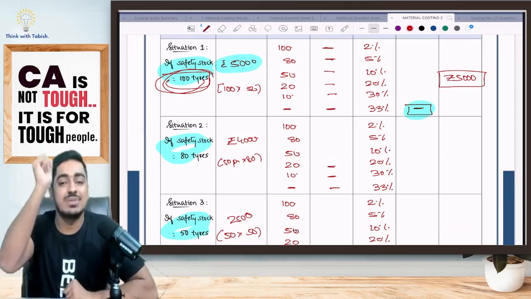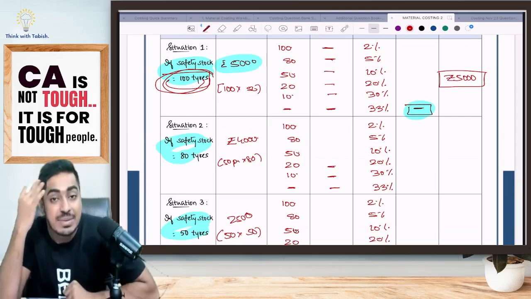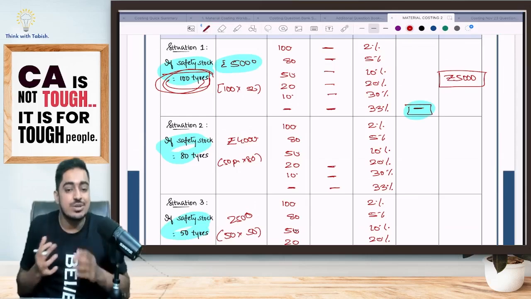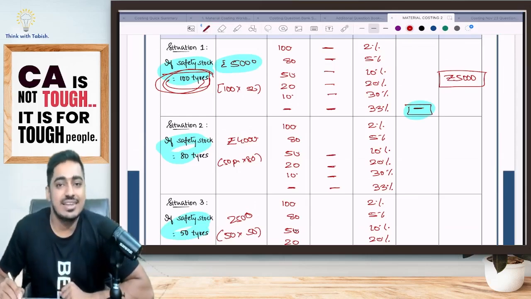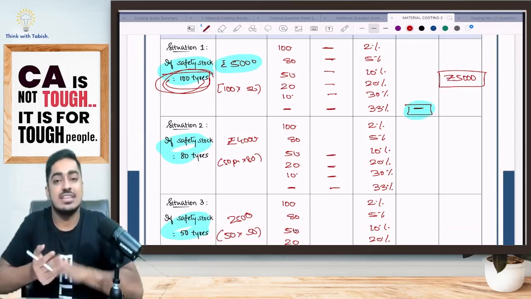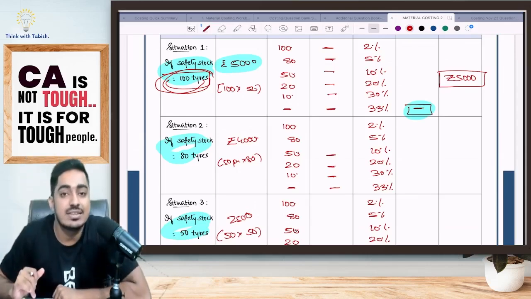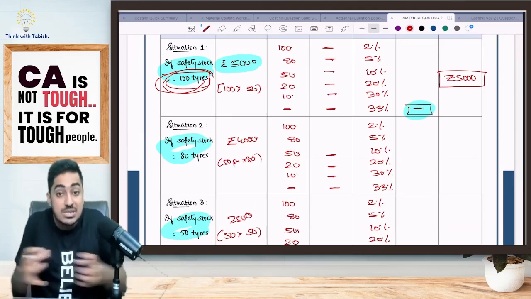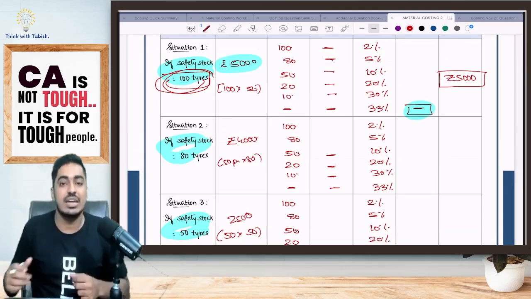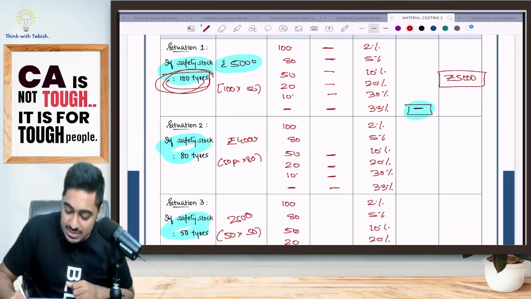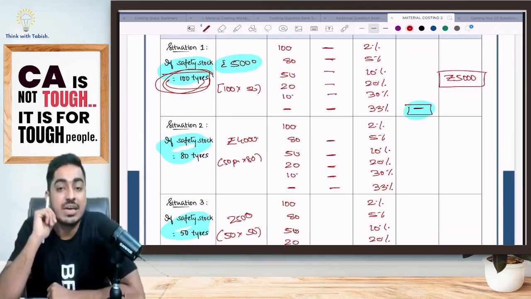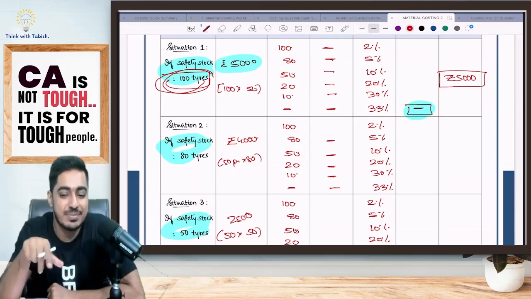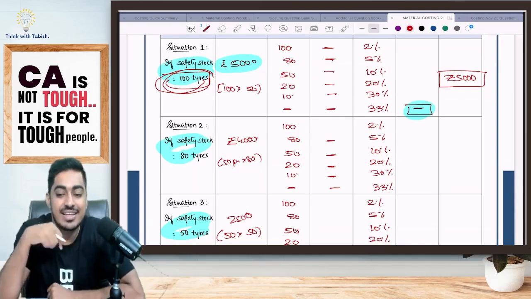Yes or no? Customer comes asks for 50 tires. Am I having tension? No. How much safety stock is there with me? 80 is there. Am I having tension? No. Company is happy. Customer comes, customer asks for 80 tires. How much safety stock is there with me? 80 tires safety stock is there with me. Am I having tension? No. I give you full 80 because I am having 80. What is company telling? Comment everyone, students. Company is happy.